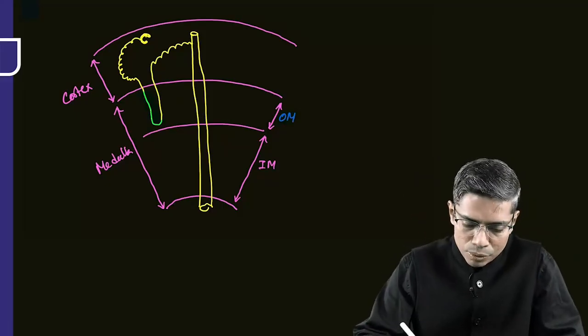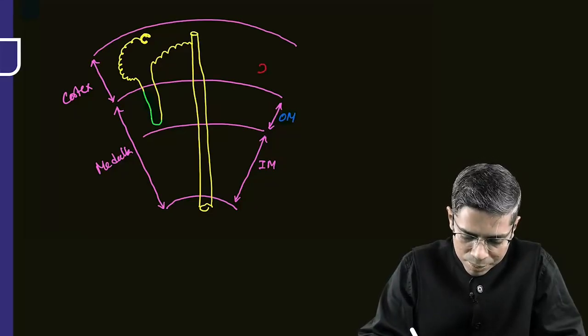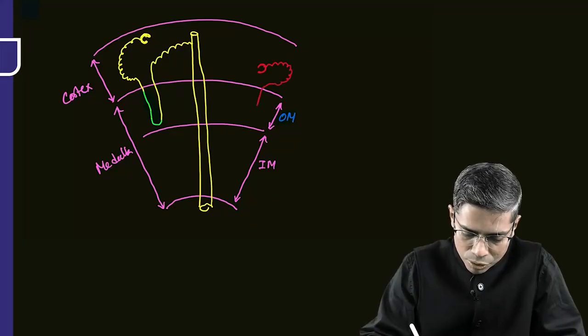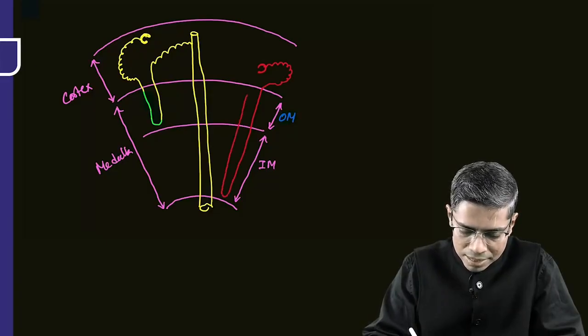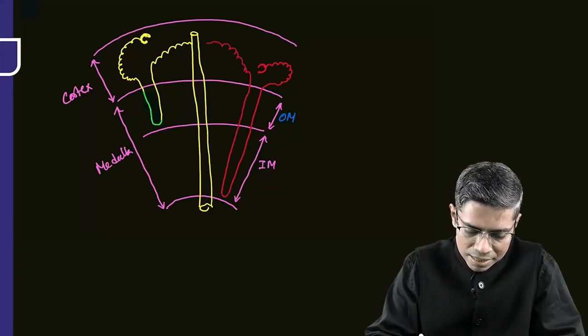But if you look at the other type of nephron, so look at this other type of nephron. So this is the Bowman's capsule and glomerulus, proximal convoluted tubules, and now this loop of Henle is very long. It is entering deep inside the medulla, and then again it is forming the DCT and draining at the level